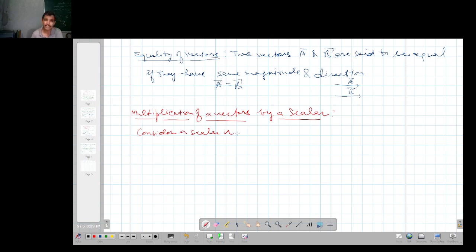When scalar n is multiplied with some vector a, then the resultant vector b is equal to n times a,